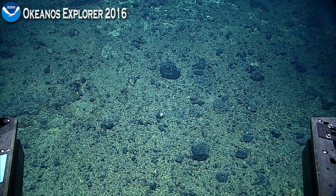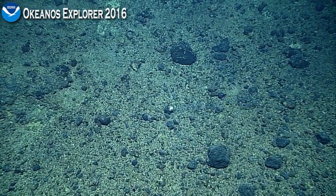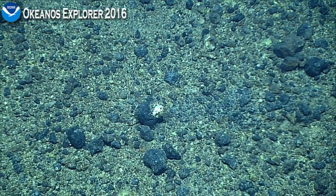Why are we interested in the diversity and the abundance? So we can learn a few different things about the environment we're in. If we see lots and lots of corals, we may learn that...